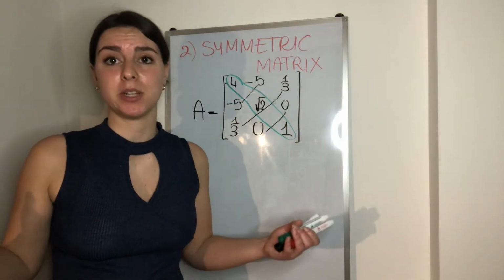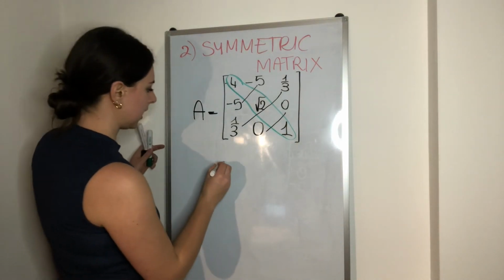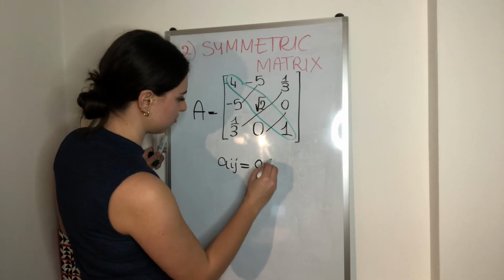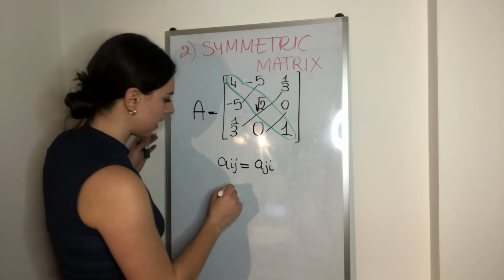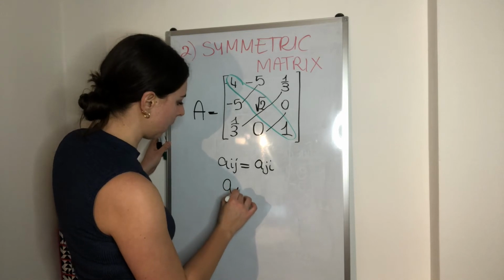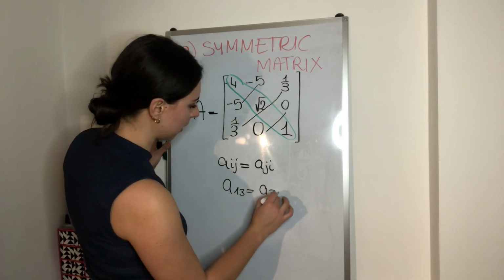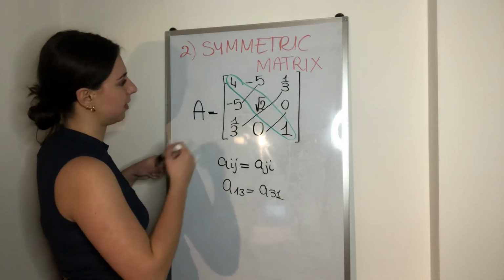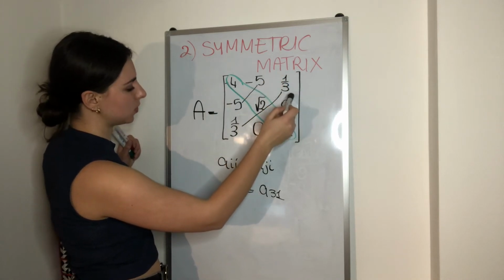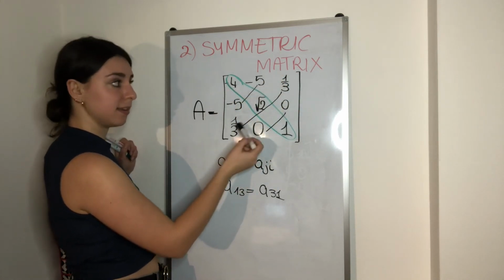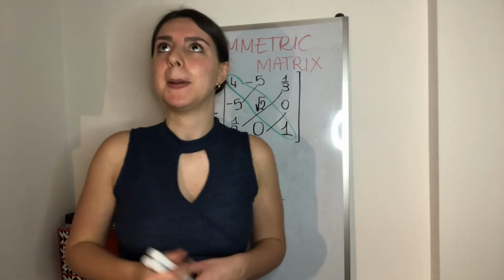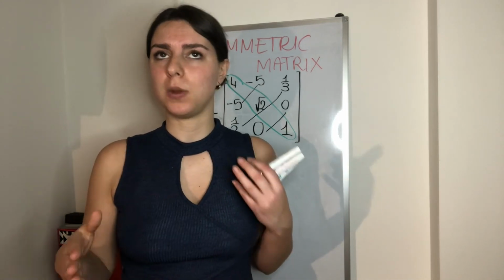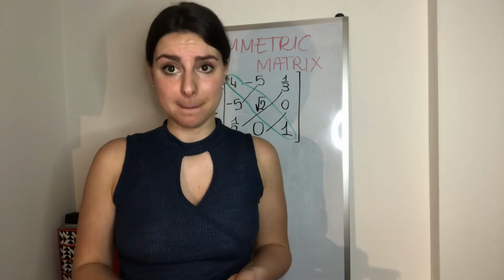Formally, we can also write it as a_ij equal to a_ji. For example, let's take a_13 equal to a_31. Let's verify this: a_13 is equal to a_31. Yes, equal. Almost forgot, but for example, a diagonal matrix, so the one with the 0 outside the main diagonal,